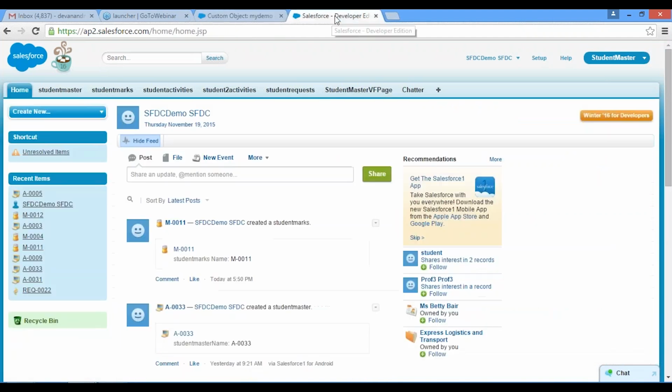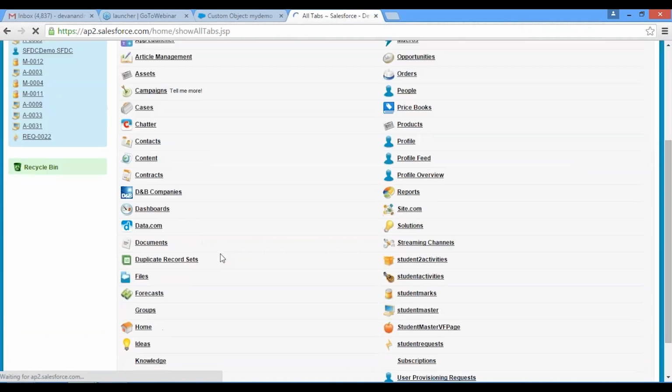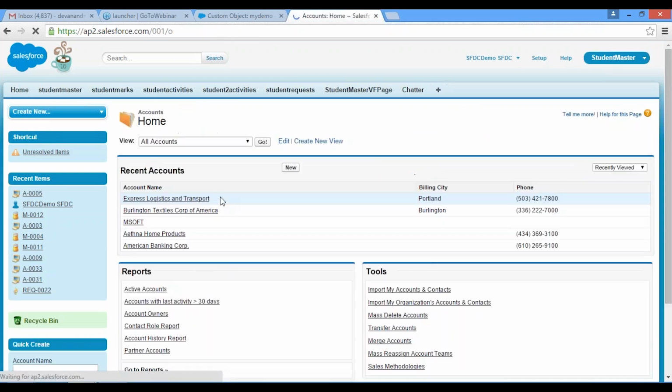So for comfort, I'll just open another screen here. I'll be toggling between these two screens. Just stop me if you find it a bit confusing. So these are some of the dashboards. Let me click on, say, accounts dashboard. It shows me a list of accounts. So this is my list of accounts,